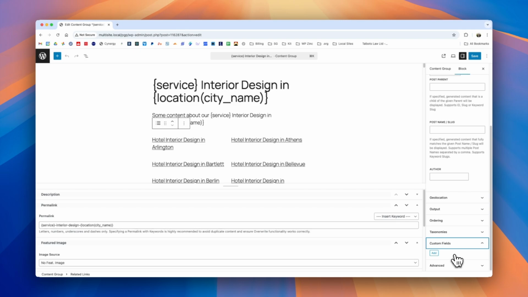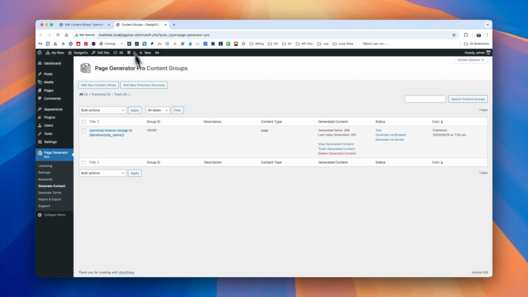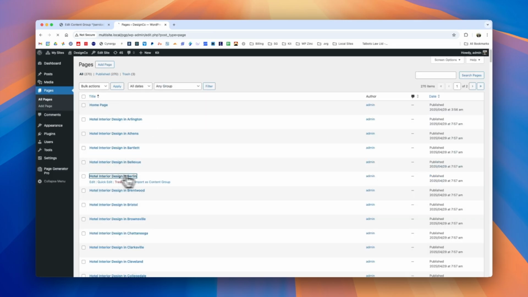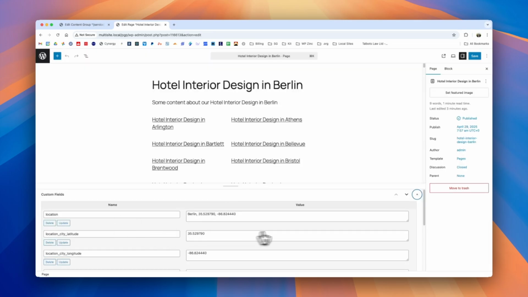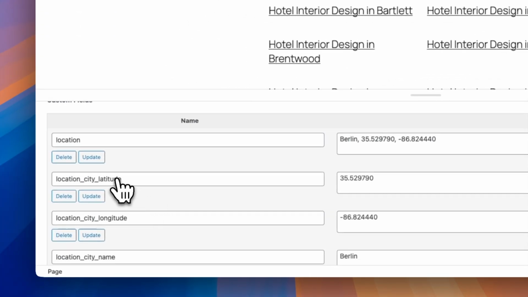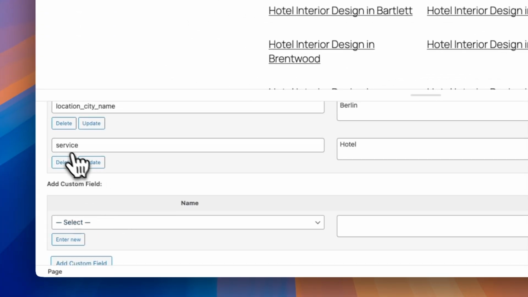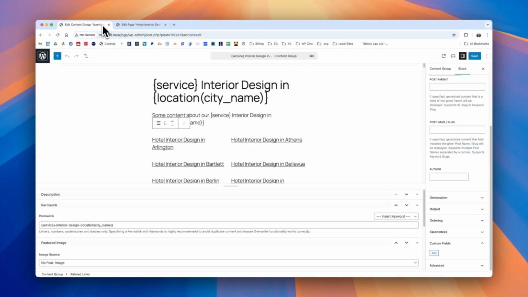Now, if you remember earlier on in this tutorial, we walked through how the custom fields are stored in our generated pages. As a quick refresher, if we look at one of our pages here, we can see that our keywords are stored as custom fields, both for the location, its latitude and longitude, name, and the service as well. So going back to our content group, if I'd like these links to be for the same service but for